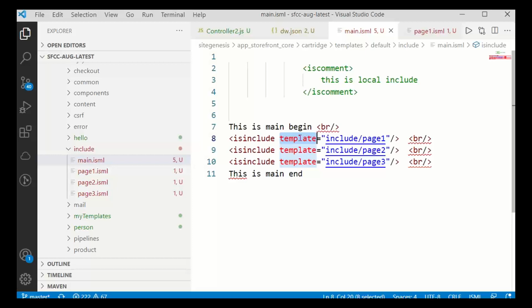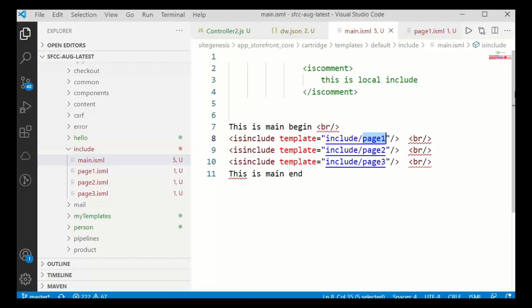In the case of a local include, we use a template. We are including other templates straight away. This type of include is called a local include.